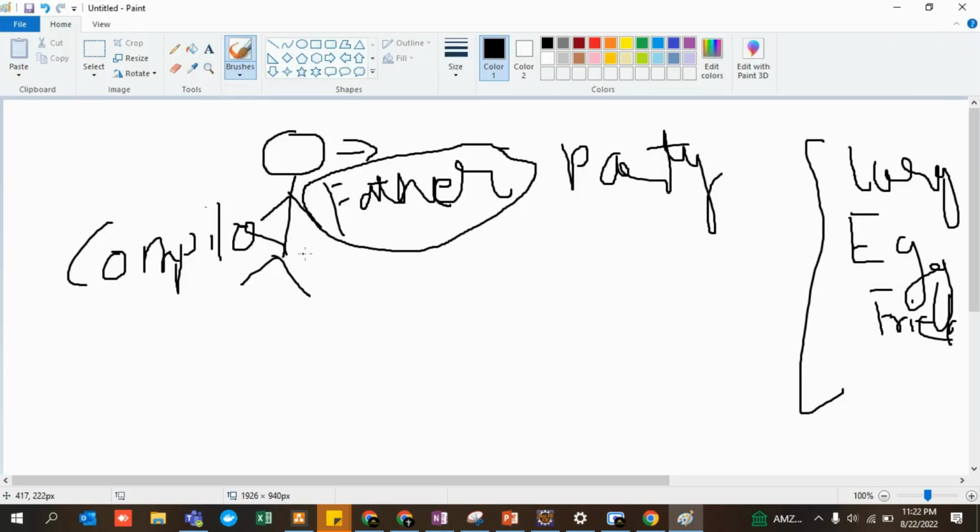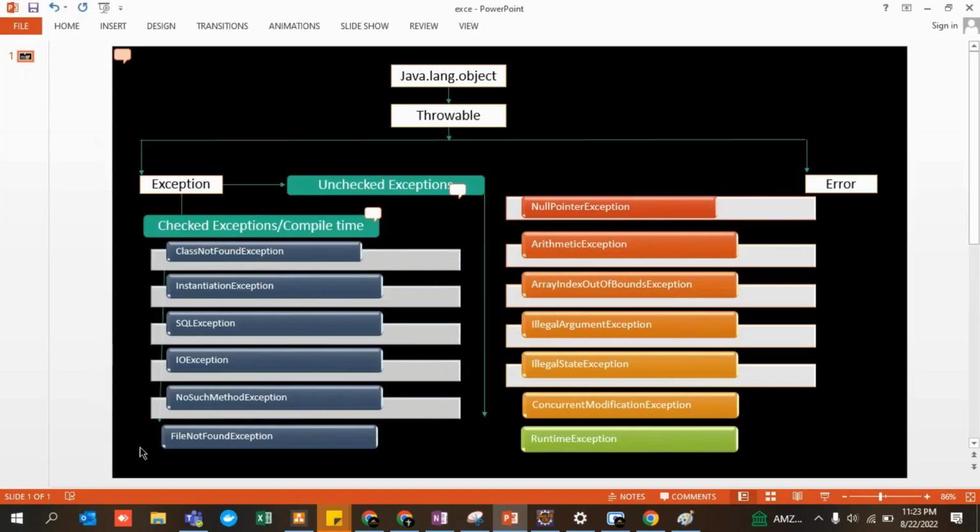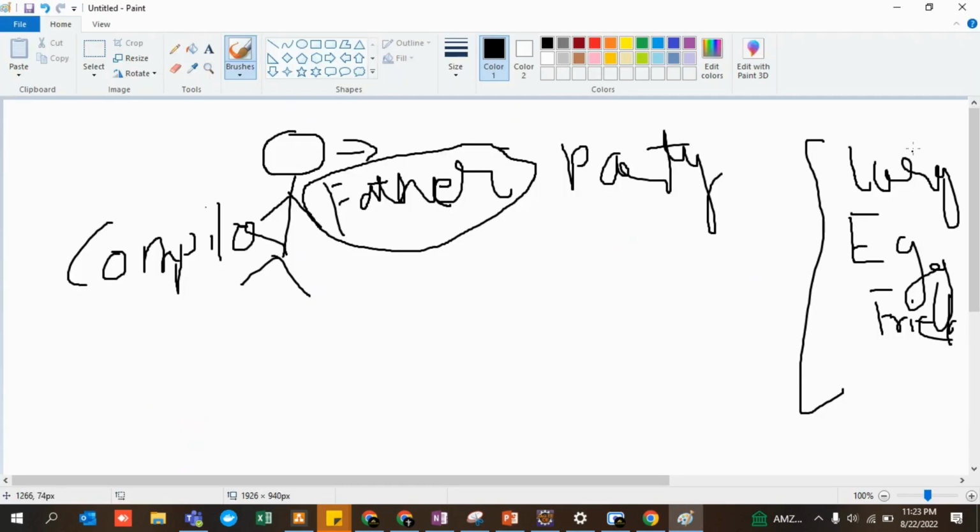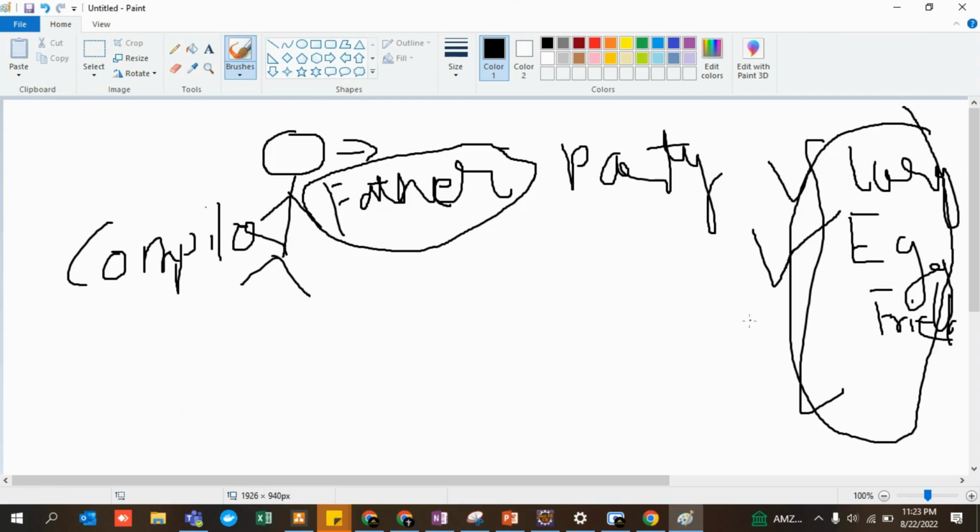First, non-technically, let's say a party is going on in your house. A lot of dishes have been prepared: egg curry, mutton curry, fish curry, fried rice, Manchurian, X number of things. So what is your compile time error? Whenever these things are getting prepared in your house, you need some ingredients.